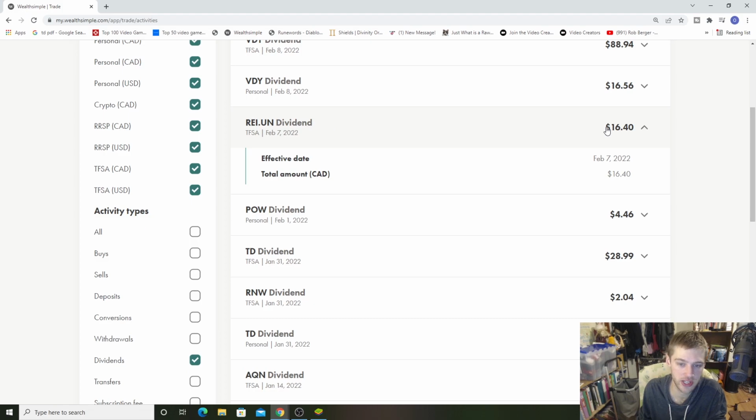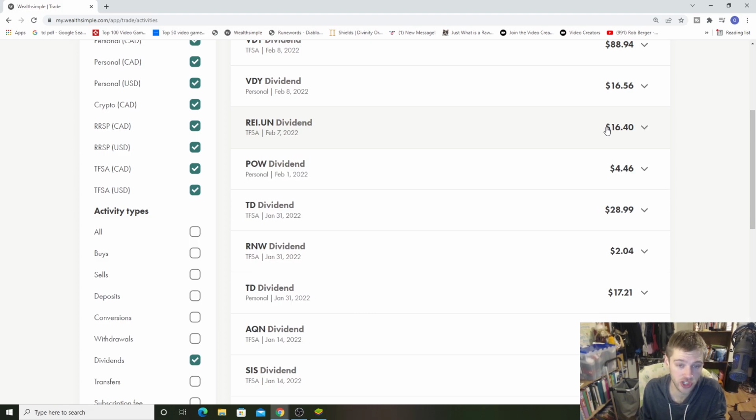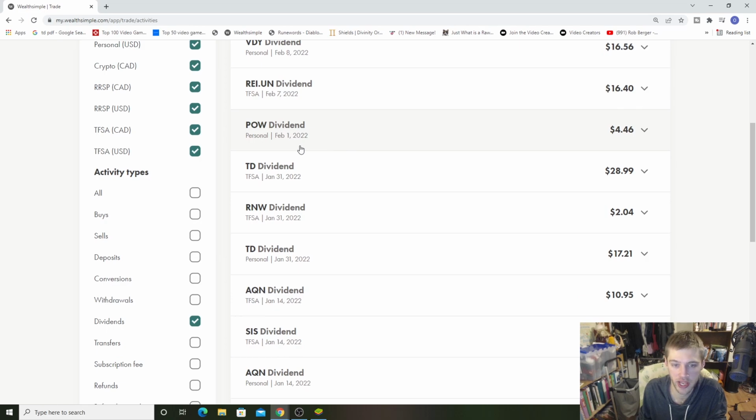It'll be interesting to see what Ryokan does with its dividend this year. I know they did cut it. I think it was 2021 they cut it. So I wonder what they're going to do with that. Going to be interesting to see. And I did get a dividend from Power Corp, POW,